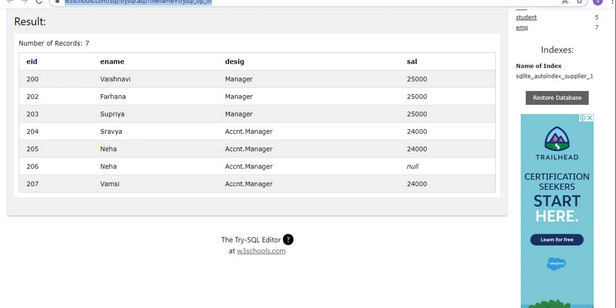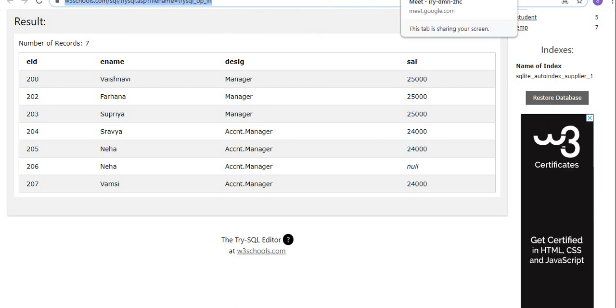You have to create an employee table and a student table, share your screen, and do it from your mobile. I'll see. Is it okay with you? Okay, sir.